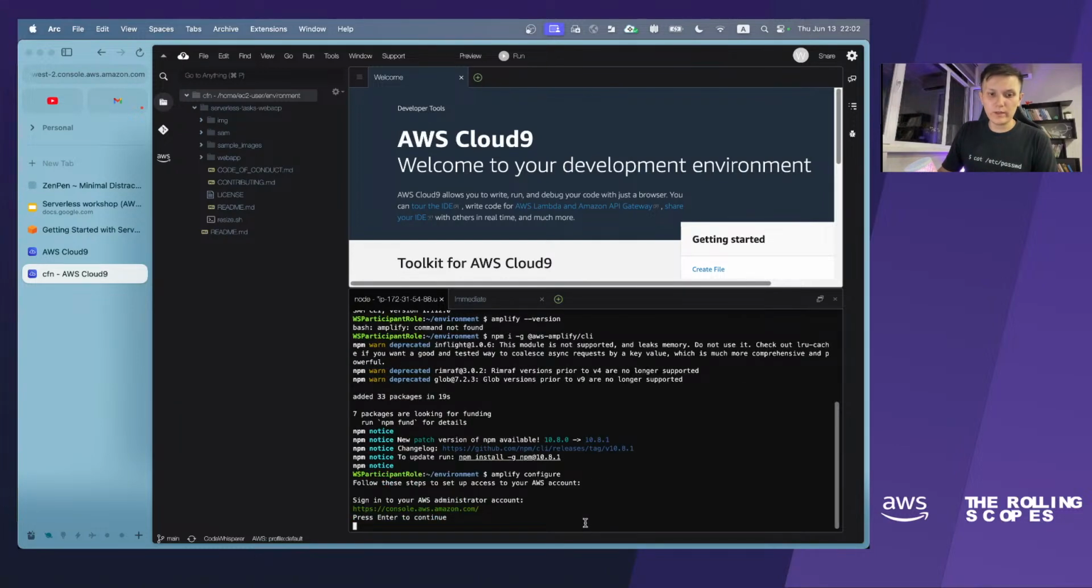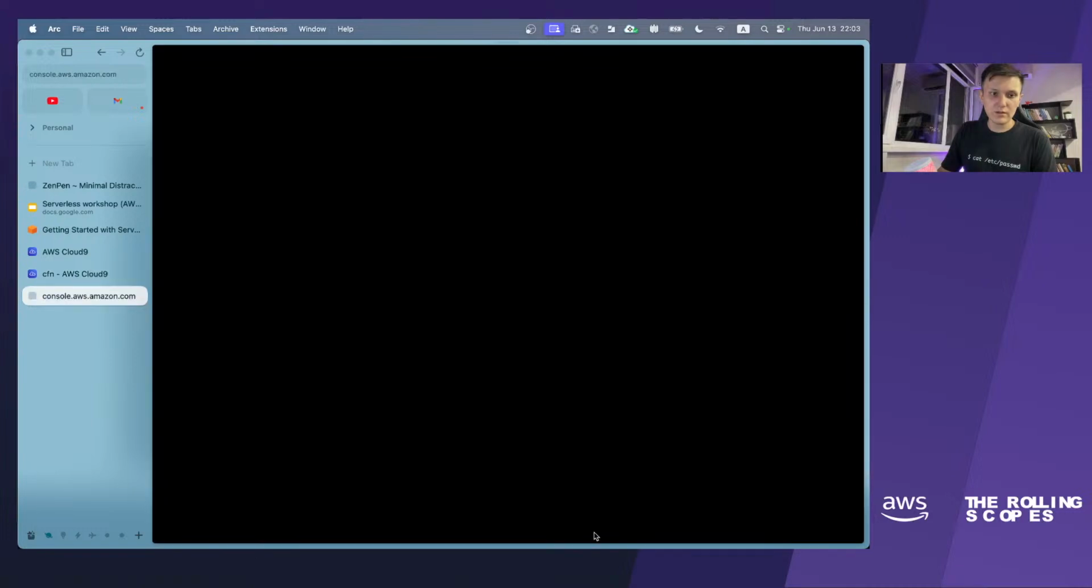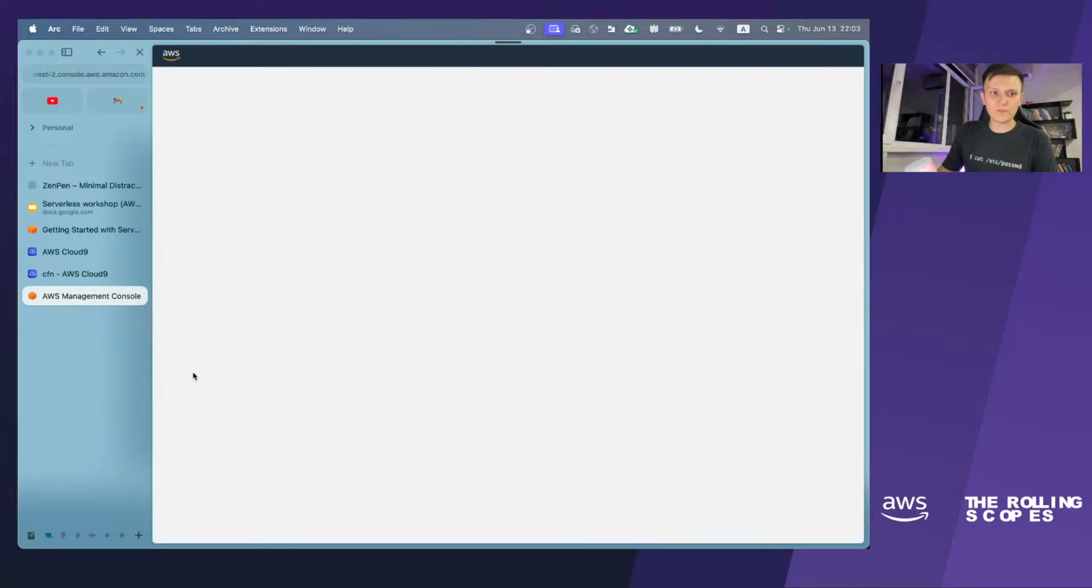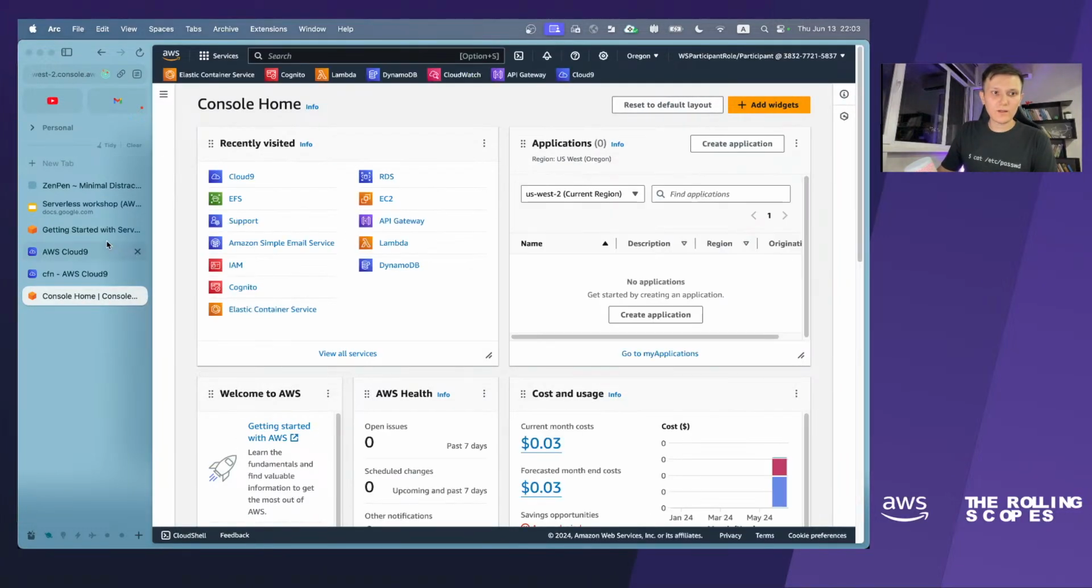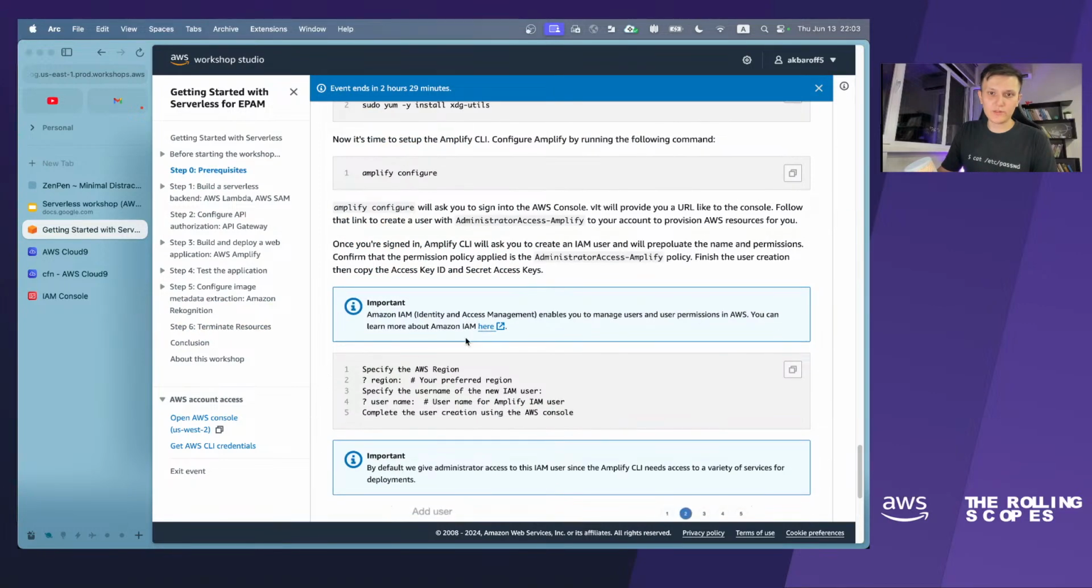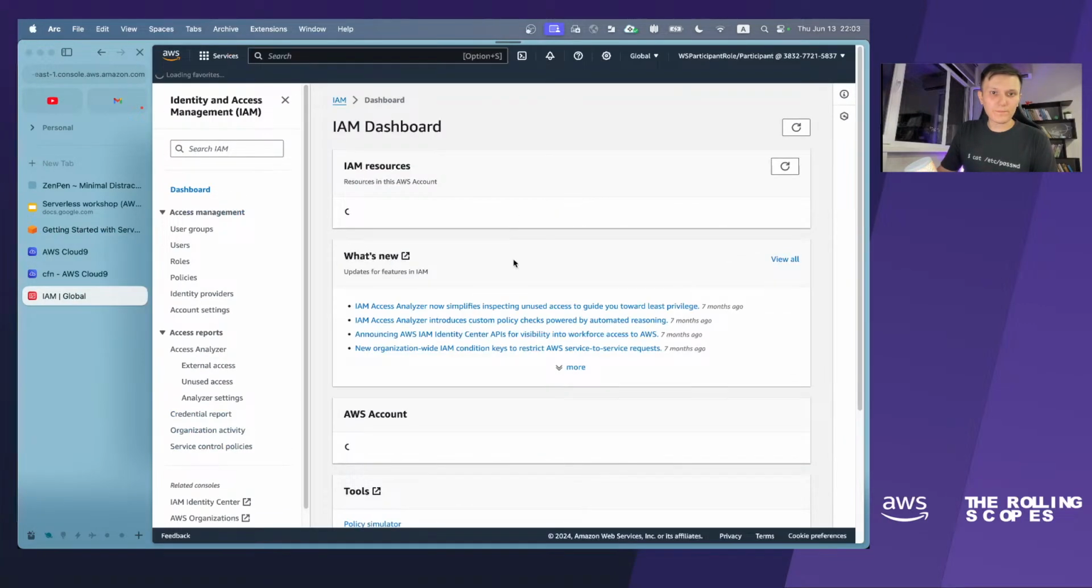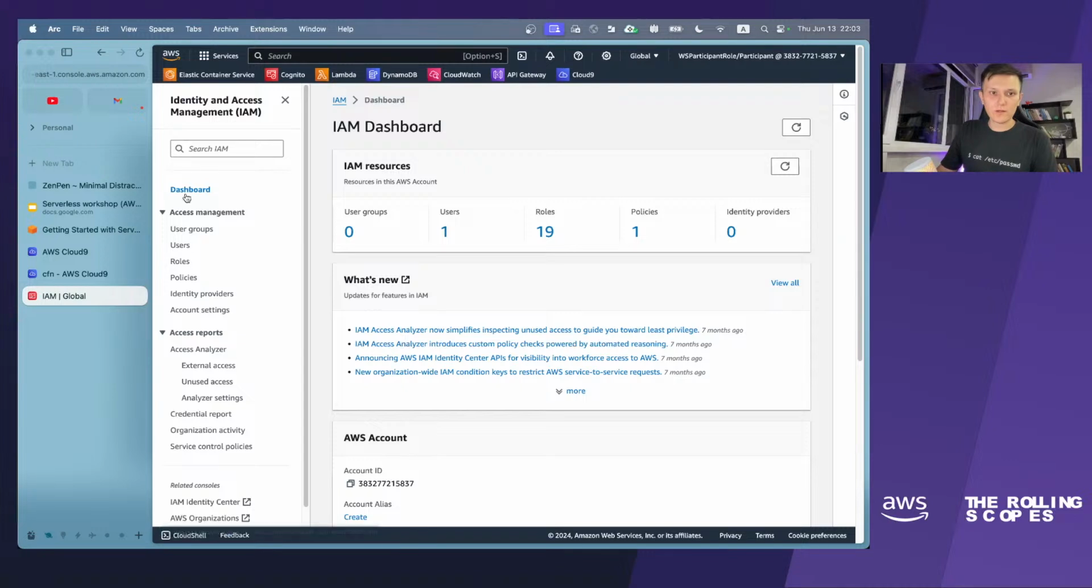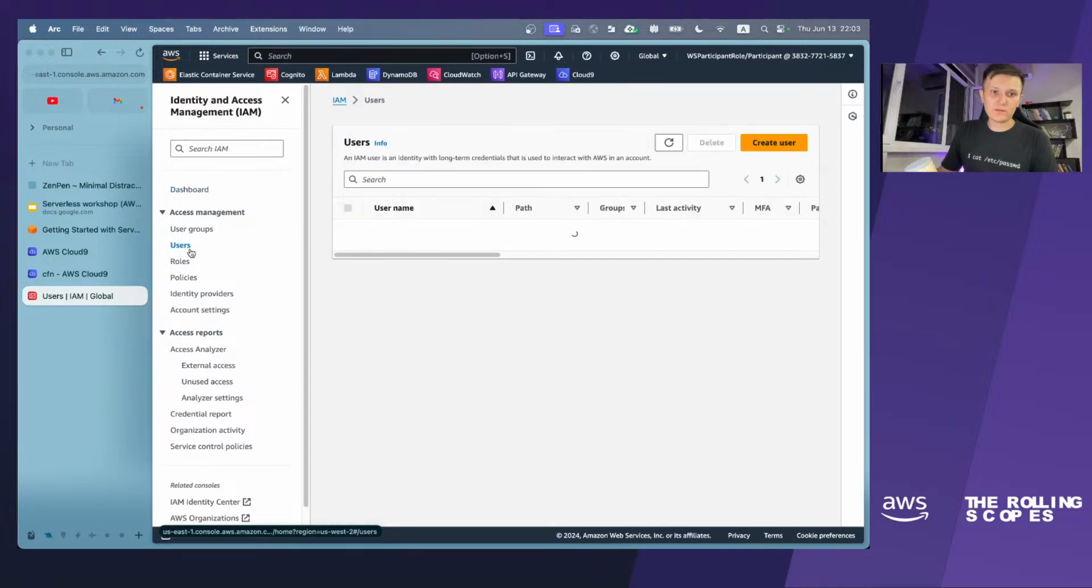and then we will be redirected to the console. If you are not redirected, that's okay, you can just click the link. What after that? We have to go to the IAM service, which is used to manage accounts and users. Let's go to the users,